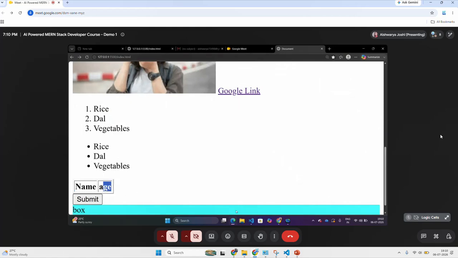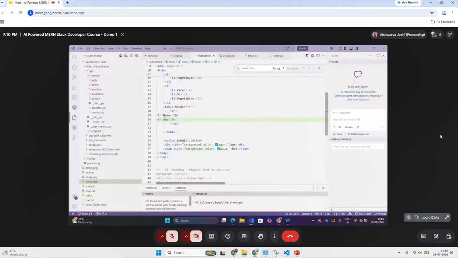These are the headers that I've created, and inside these I'm going to add the columns. The name column is separate and the age column is separate. Now I'm going to create another row, and inside that I'll add the columns.